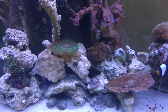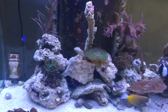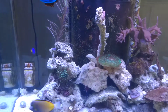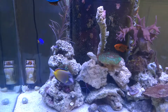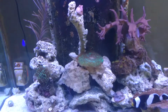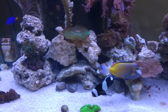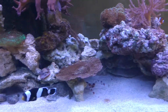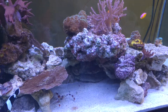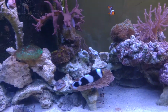through the roof. My ammonia actually went up to 2 ppm, and at that point I had already added the colony in, so basically I had to leave it sit for like 4 days like that. Unfortunately for the poor fish and the corals, they had to go through that high ammonia spike for like 4 days, but then after the 4 days were up, I did a water change, like a 50% water change,